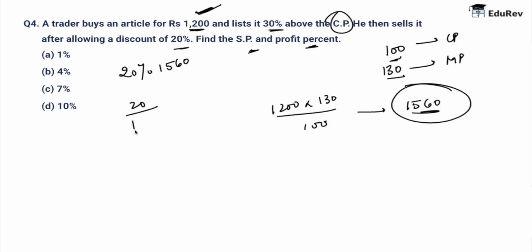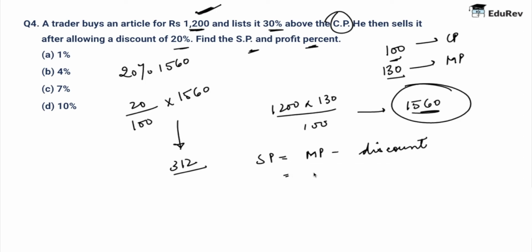That is 20 upon 100 into 1560. So 20% of this is going to be 312 rupees. Also we know that the selling price equals MP minus the discount. So basically what I'm saying is that SP is nothing but MP minus the discount. Alright, so this means we have 1560 minus 312, that is nothing but